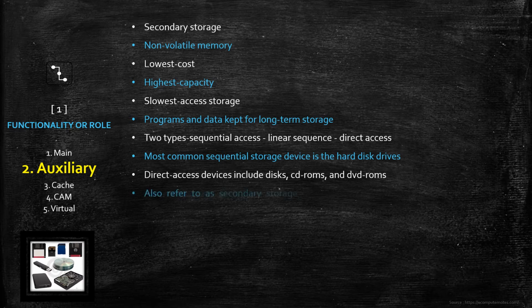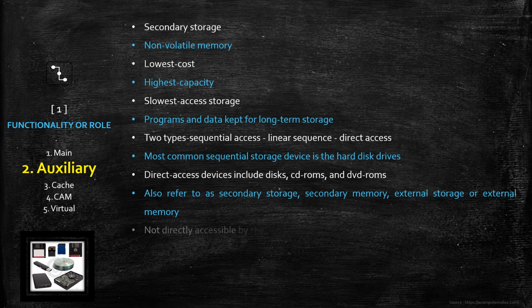And basically, auxiliary memories are used as permanent storage of data in any computer. It can be a mainframe, a supercomputer or your normal personal computer. So this secondary storage is normally used for permanent storage. Also, we refer to this auxiliary memory as secondary storage, secondary memory, external storage or external memory, whatever name we can use.